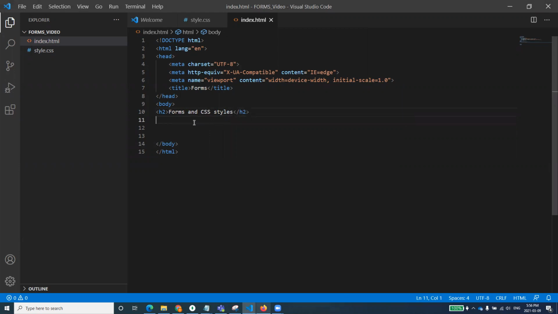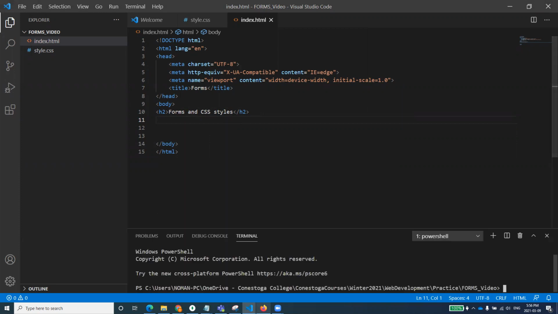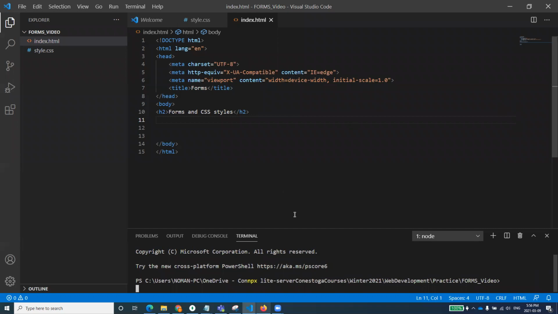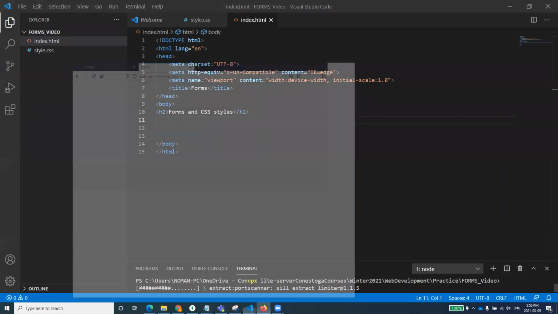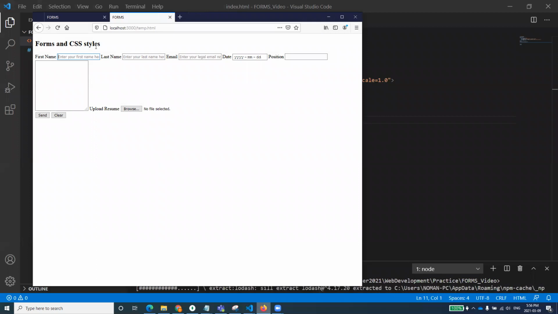Right. I want to run it, and I hope you know how by this point. But if you don't know, I can explain what we have to do. First, we need to run the npm live-server command, and this command will run our server, and then this document will be running for us. So first of all, I've placed this H2 and given forms and CSS over here, and I want it to show me.